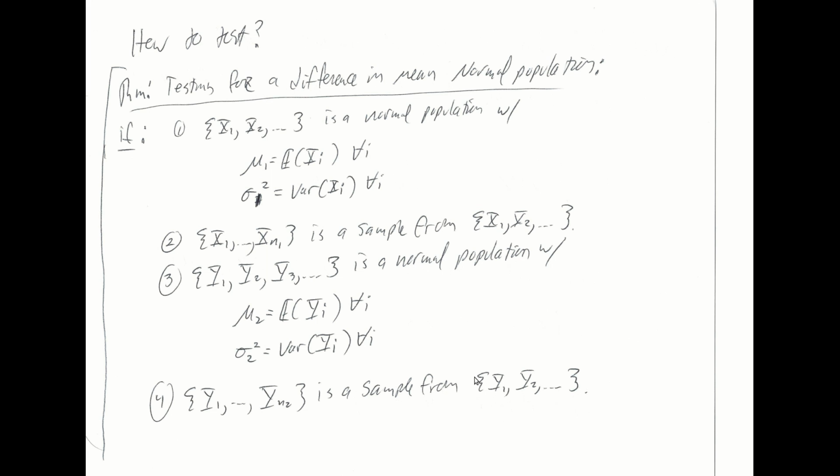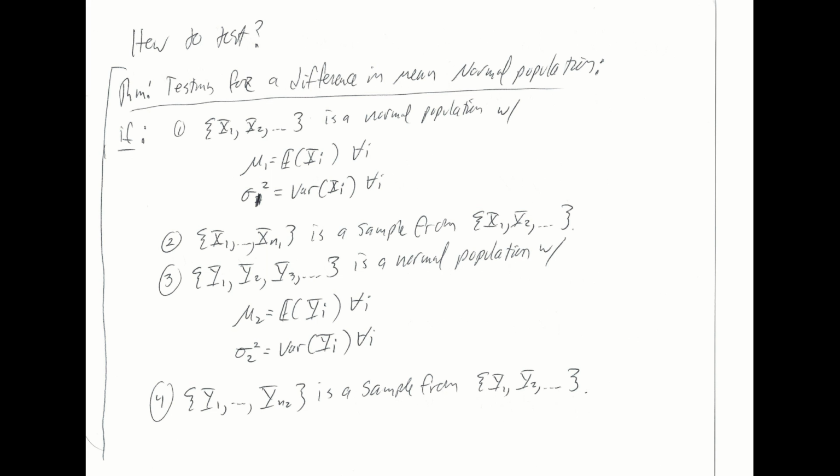Alright, so how do we actually test this? The core of the work is going to be done by this theorem, which gives us our new test statistic, which is going to be a standard normal here for these two normal populations. So this theorem is going to delineate for us what the test statistic is going to be for tests of